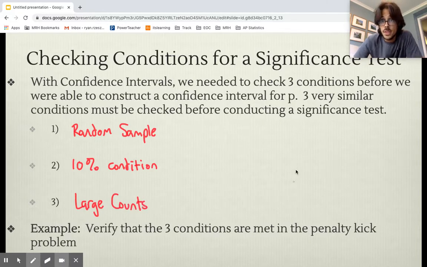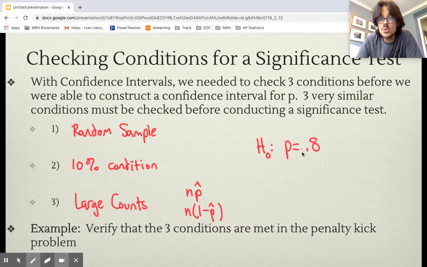Now, if you think back to last chapter, what we did is we plugged in P hat for these problems. We checked these guys right here because we didn't know actual P. When you make a confidence interval, you're trying to estimate P, so you can't plug it in. So that would be fine, and that worked great for us in chapter 8 with confidence intervals because P hat was all we had. Whenever you conduct a significance test, though, you are going into the problem assuming that the